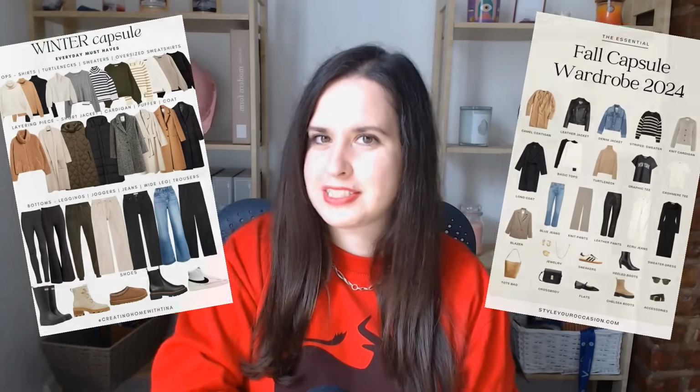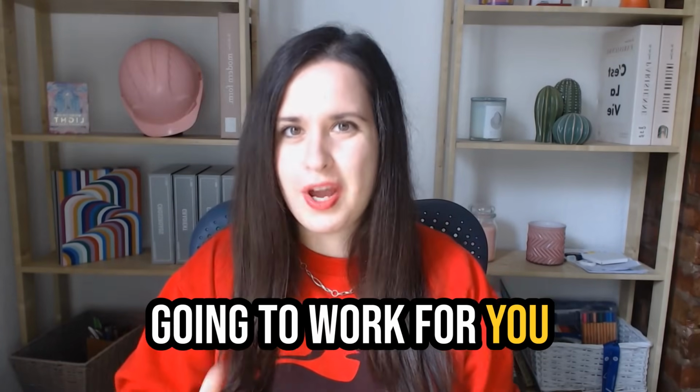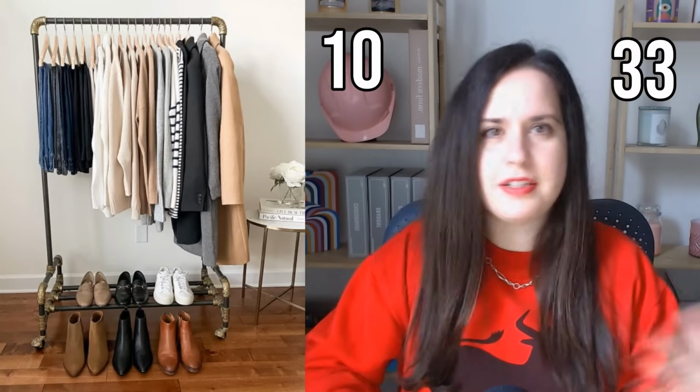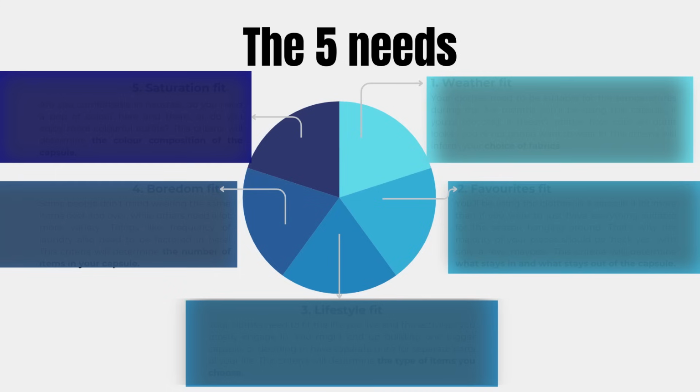Forget about the boring capsule wardrobes you keep seeing on Pinterest, because this is not how you build a capsule wardrobe that's going to work for you and your lifestyle. It's also not about limiting your items to 10, 33, or any given number just to fit into a mold. The key to building a successful capsule wardrobe is actually making sure it abides by the 5 core capsule wardrobe